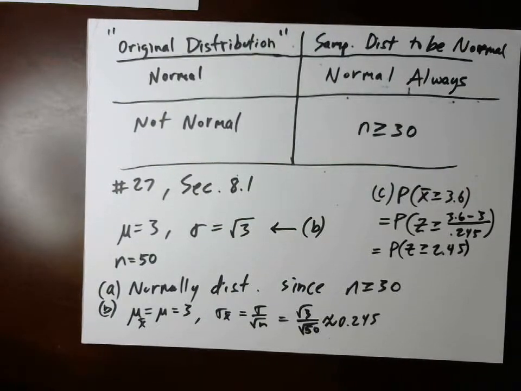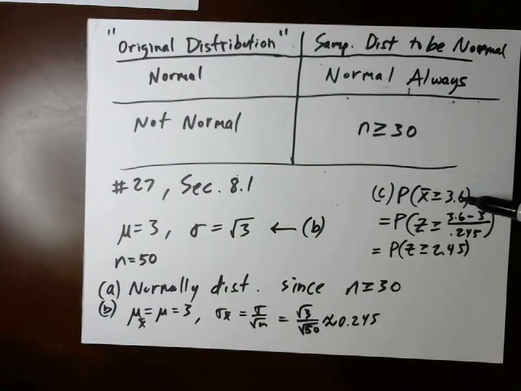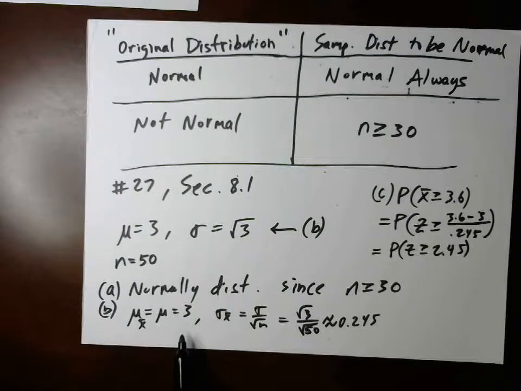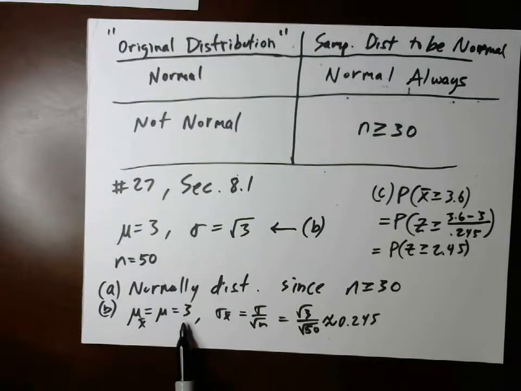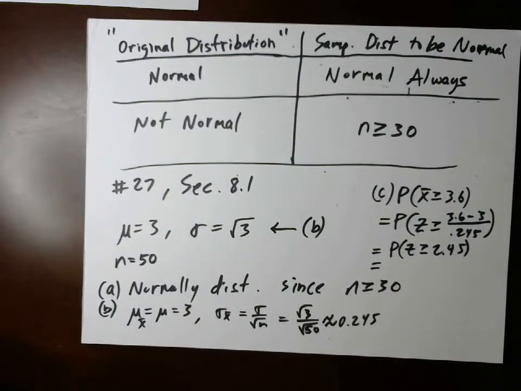So what this is saying, essentially, is that x bar greater than or equal to 3.6 is equivalent to saying z is greater than or equal to 2.45 standard deviations above the mean. That's the definition of z. So 3.6 is 2.45 standard deviations above 3. Okay? And if we calculate this, we'll notice that